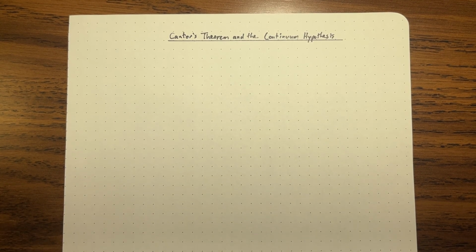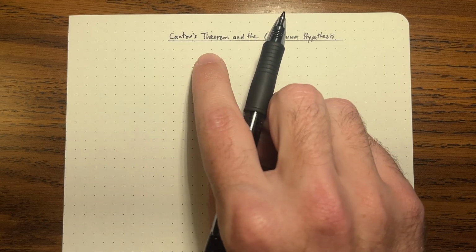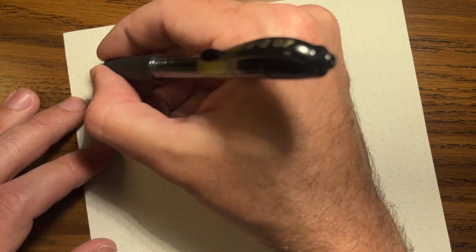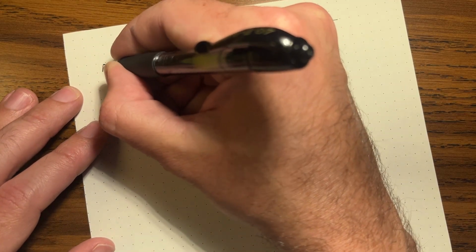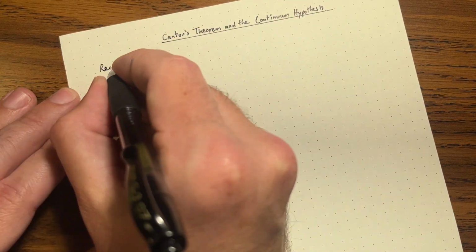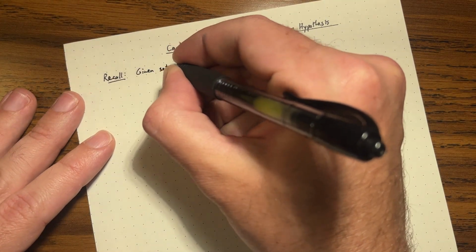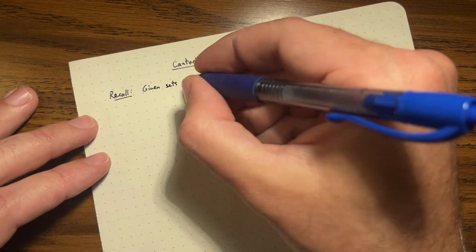In this lecture, we're going to consider two interesting questions about infinite sets, and that's going to lead us to Cantor's theorem and the continuum hypothesis. Before we do that, let's just recall some really important and useful notation. Given some sets A and B, possibly infinite,